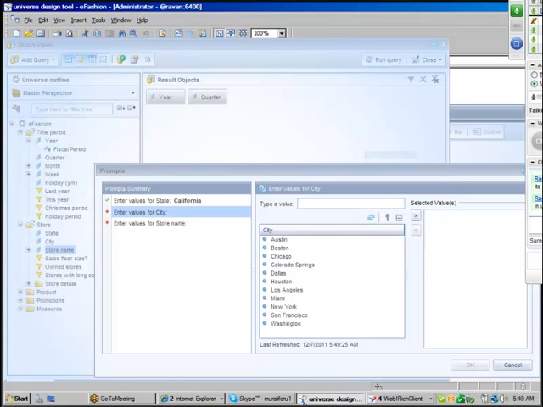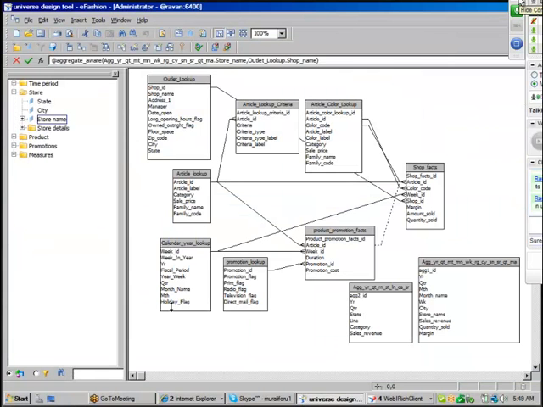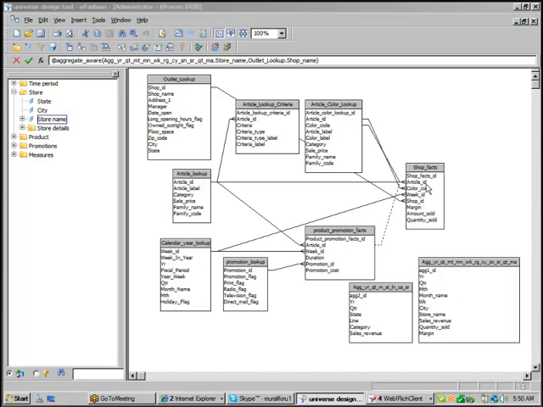Whenever you create prompts on three objects in the report, when users run a query, first they will submit an input for state. If they submit input for California, the city filter needs to show only cities that are in California.